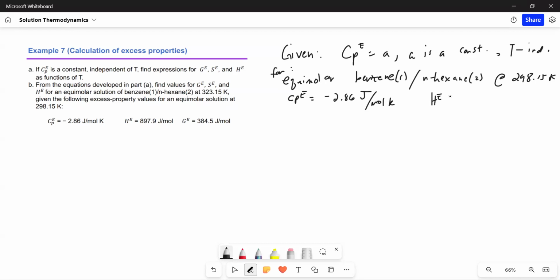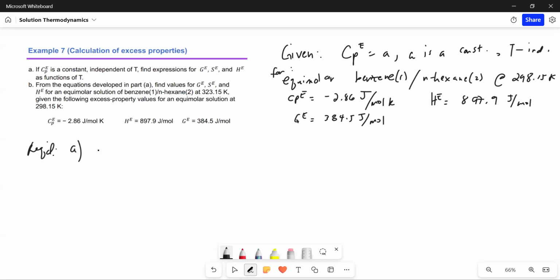The HE is 897.9 joules per mole. And the GE is 384.5 joules per mole. What is being required from us